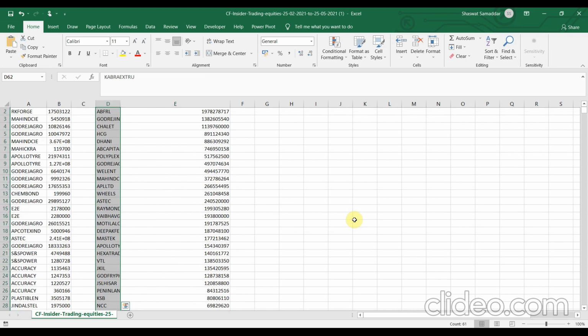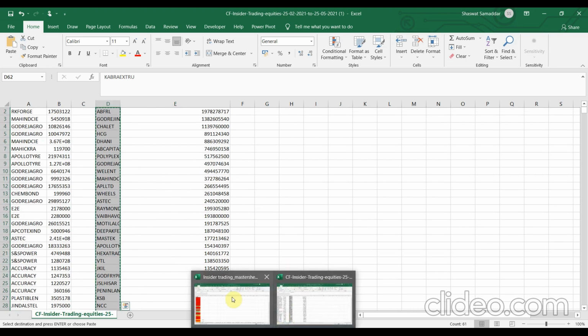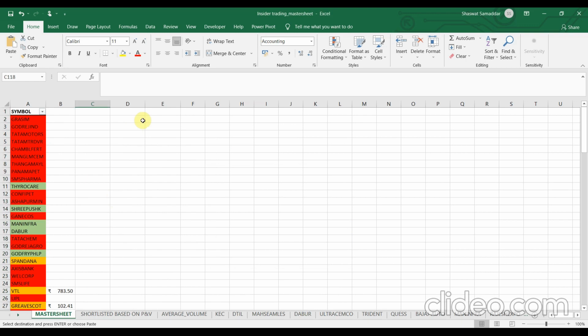Once you are done with that, let me copy this down and we'll move on to our insider trading master sheet. If you are new to this channel, you might find this Excel sheet unfamiliar. So please go and check out my playlist, Trading on Insider Information. In that, I have made this insider trading master sheet and explained it from scratch. I will provide you the link below in the description box. Also, you can click on the I button and view that playlist, where I have explained from scratch why this insider trading master sheet is important for us to maintain.